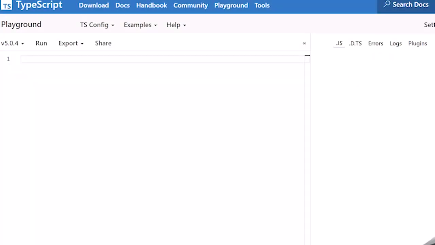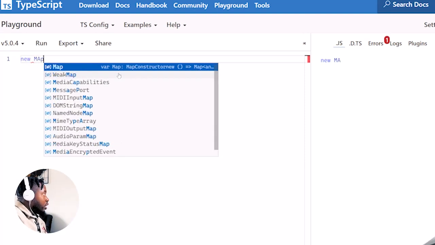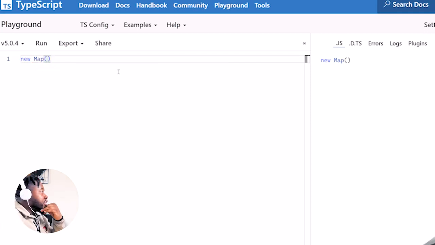So what is a map? In TypeScript, a new Map is actually an inbuilt constructor, a function that creates an instance of a map data structure in terms of key and value. It's a pair, right? What I mean is, for example,